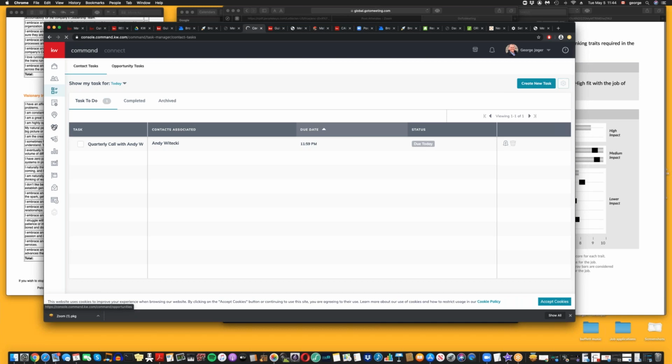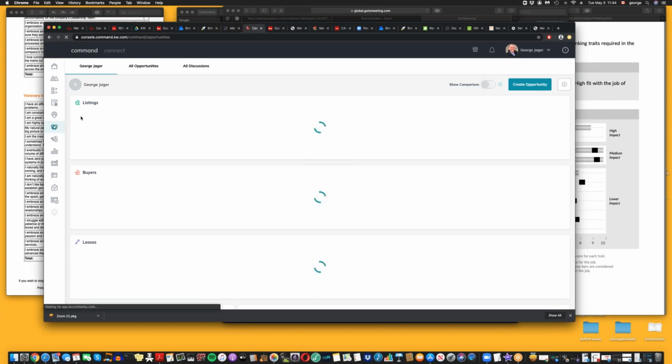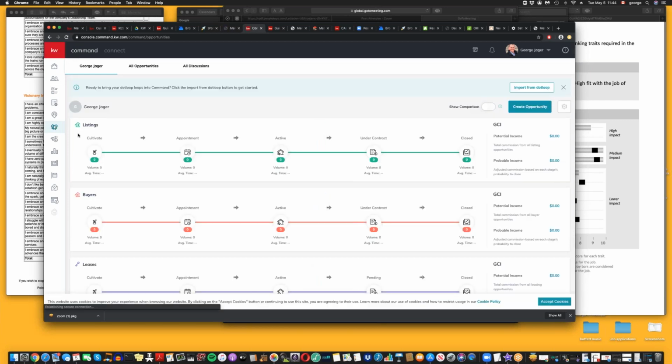Which we're going into now. Are you wondering if you create a task in opportunities, whether it shows up there, or vice versa? I think I know where you're going with this, George. If you go into opportunities and create a bunch of tasks under those opportunities for those individuals, yes. So if you go back to your task manager for me,